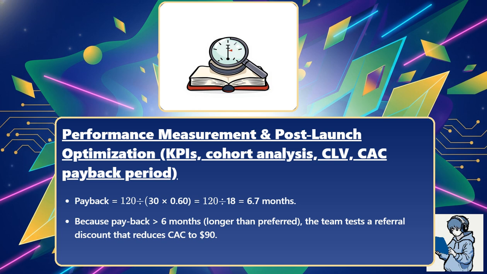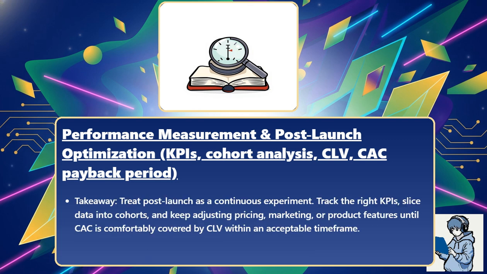Because payback is greater than 6 months, longer than preferred, the team tests a referral discount that reduces CAC to $90. New payback equals $90 divided by $18 equals 5 months, a healthier metric. Takeaway: treat post-launch as a continuous experiment. Track the right KPIs, slice data into cohorts, and keep adjusting pricing,